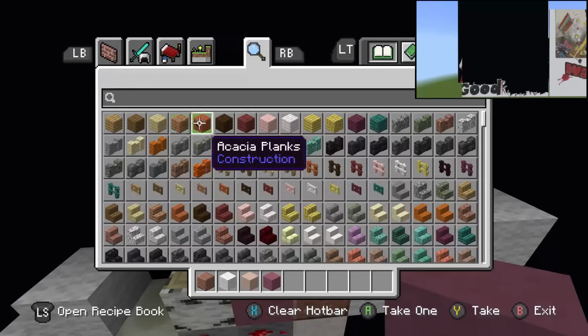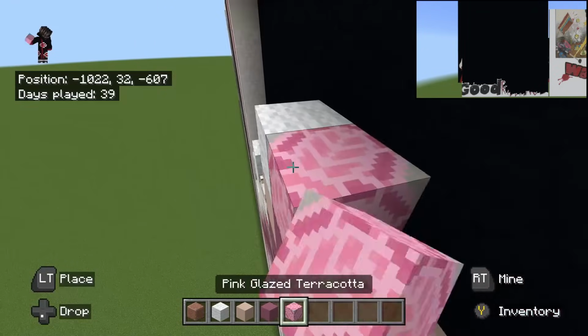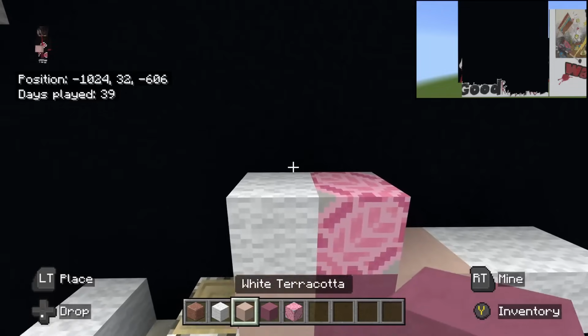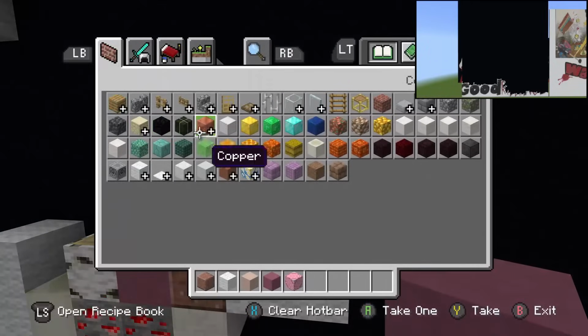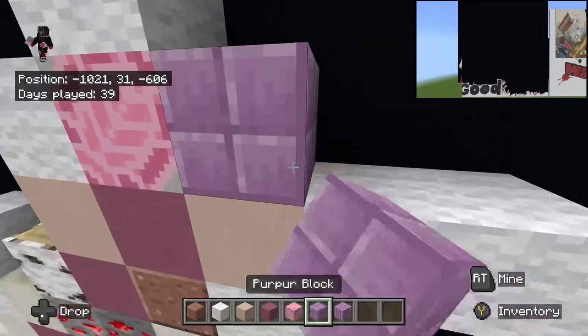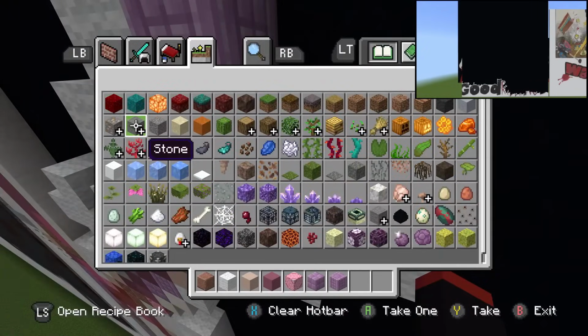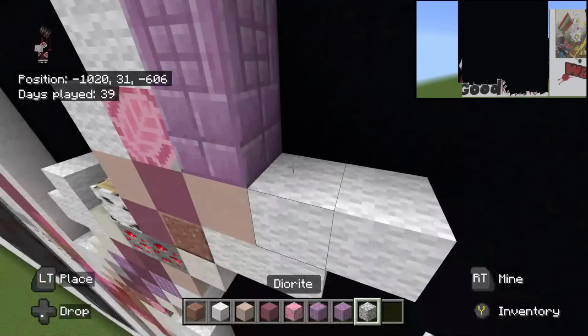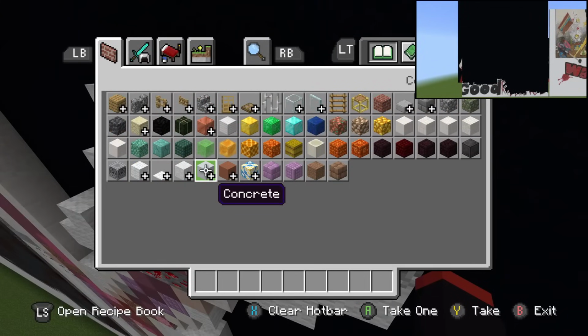To the right of that white wool, place pink glazed terracotta. On top of the pink glazed terracotta, we'll place white wool. To the right of the pink glazed terracotta, we'll place a purpur block. On top of the purpur block, we'll place a purpur pillar. To the right of the purpur block, we'll place diorite going to the right 2. On top of the left diorite, we're gonna place